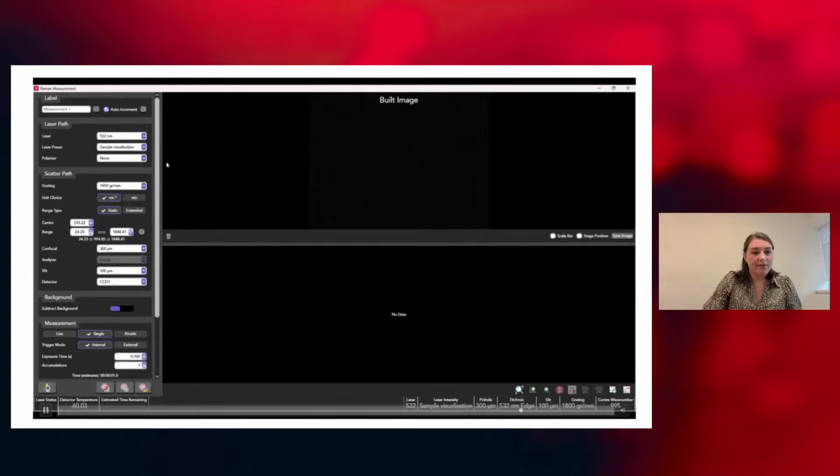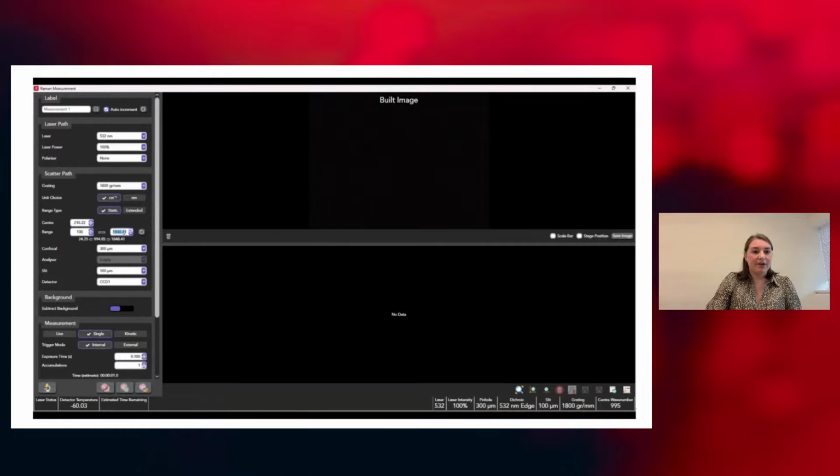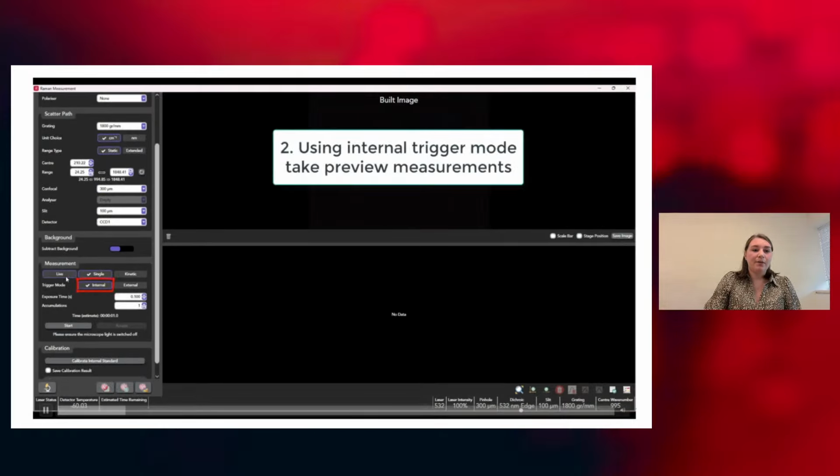So I just have a little video here. This is the basic setup of your measurement parameters, where you can select your laser power, your gratings, things like your pinhole and detectors. So once that's set up, you then go down to your measurement window, and you can see that internal is selected. This means that when you go to start, your measurement is